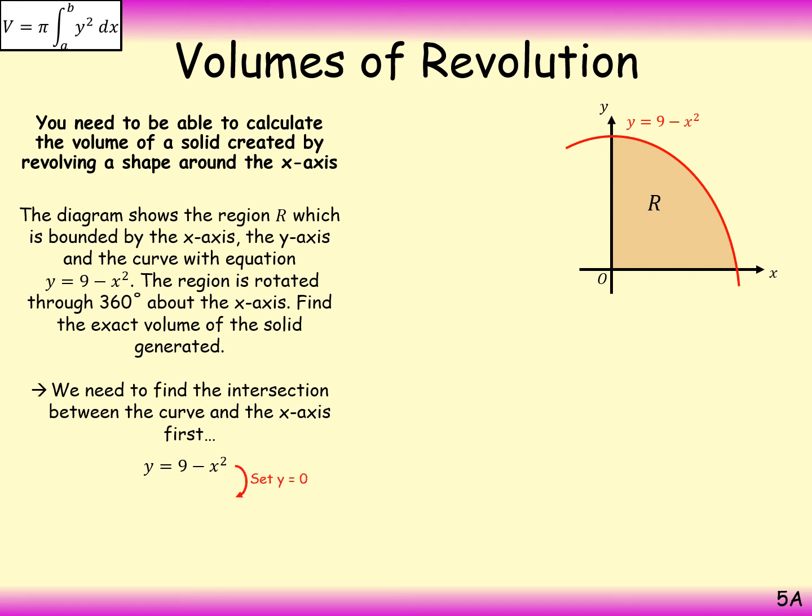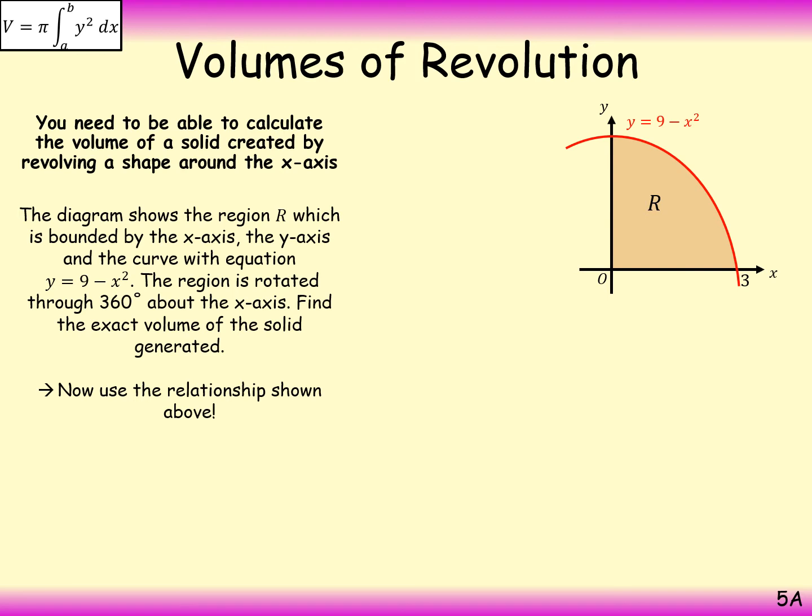So for b, we set y equal to 0. And that gives us this x value. So x equals 3 or minus 3. And since we're only looking at the right hand side, we know clearly x is going to be 3. So now, if we use this formula, our upper limit is 3, lower limit is 0,